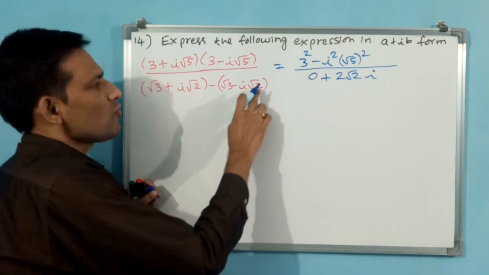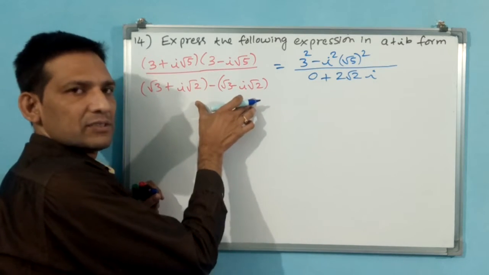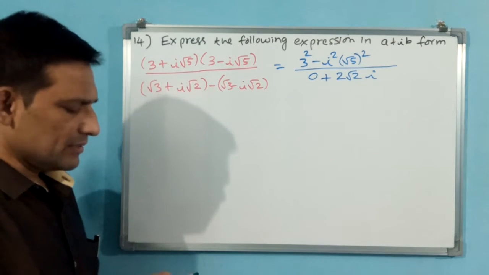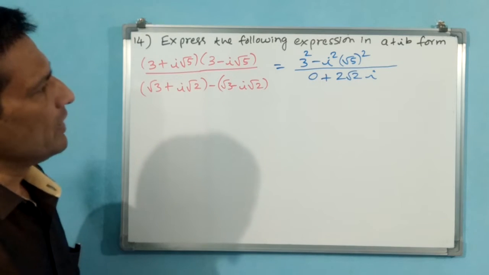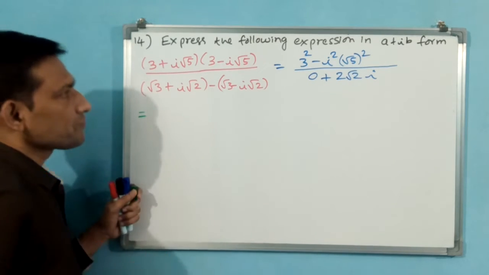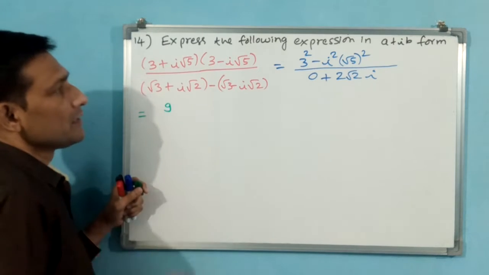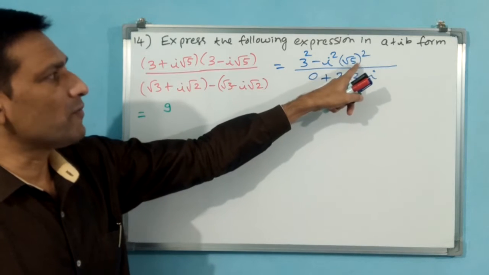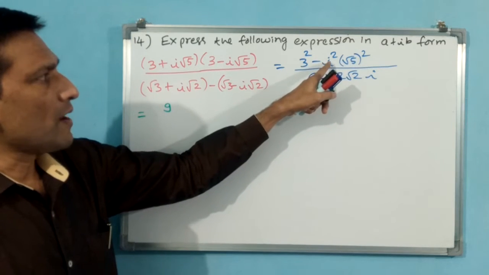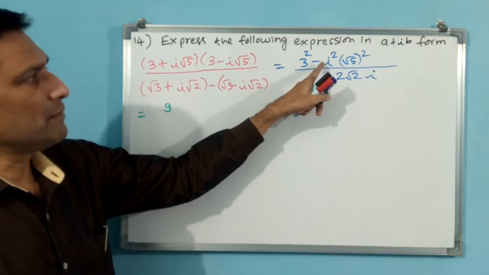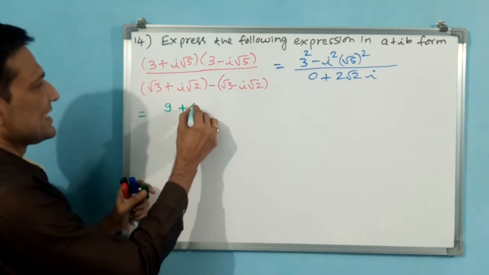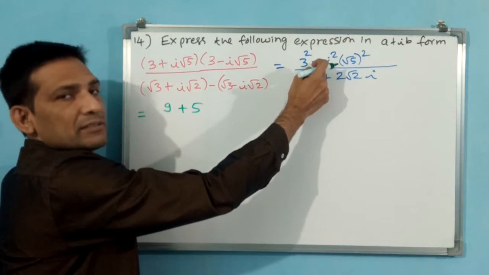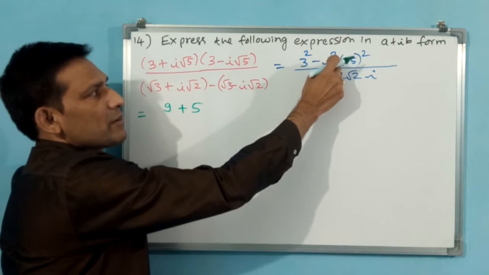Why? Because i root 2 plus 2i root 2, and 2i root 2, but 2 root 2 i also I have written. Okay, that also you can write. Now you see numerator, first what will come? 9. Okay. See, 5 root 5 squared means root gets cancelled, 5 will come. 5 i square minus 1 minus plus 1 5. Is it okay? You see i square is minus 1, minus plus that means here plus 1 is coming, 1 into 5.